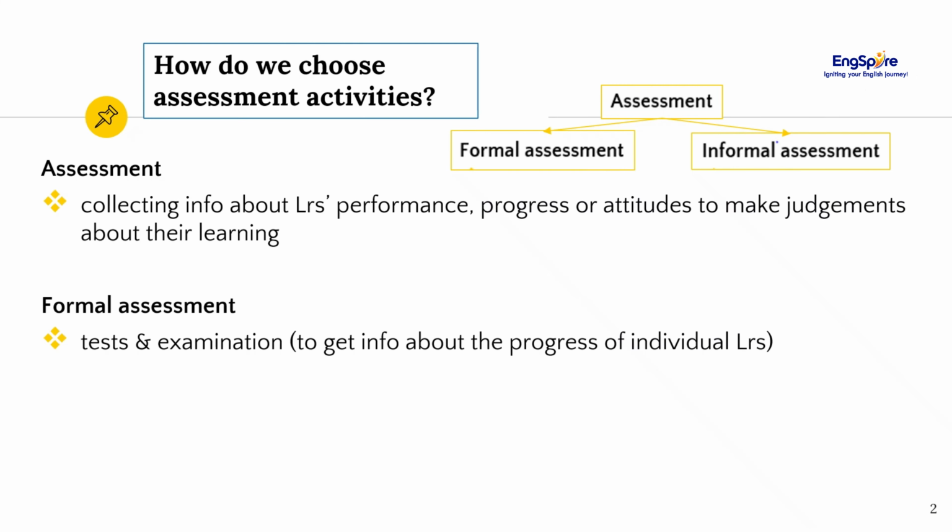Formal assessment usually involves planned activity such as tests and examinations. These are used to collect information about learner progress, for example, a final exam or a reading test to check